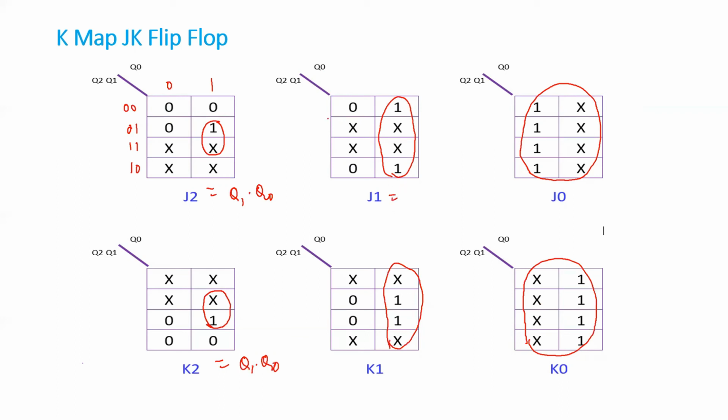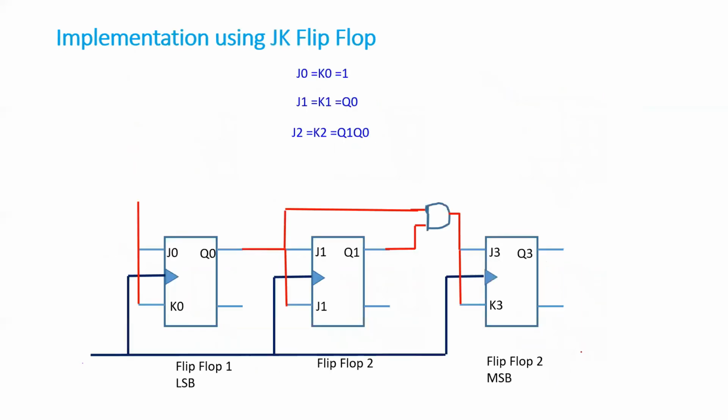Similarly, K2 also you are getting K1 into Q0. So J1 is equal to, all are changing except your Q0, and J0 is 1, K0 is 1. So these are the values you are obtaining after solving for your K maps, which we have calculated in the previous slide. Once you solve them, they are as simple as combinational circuits.